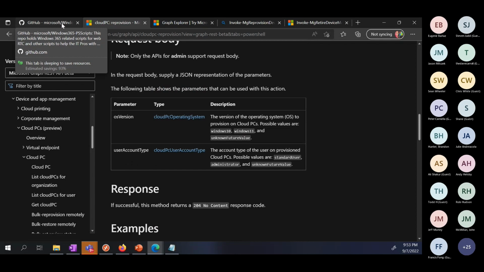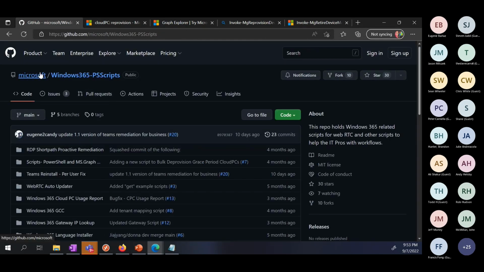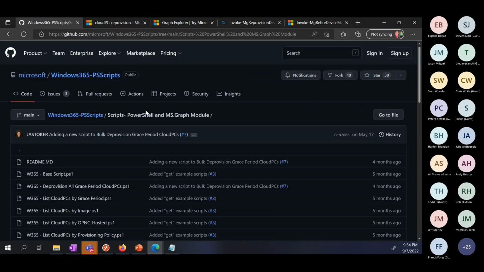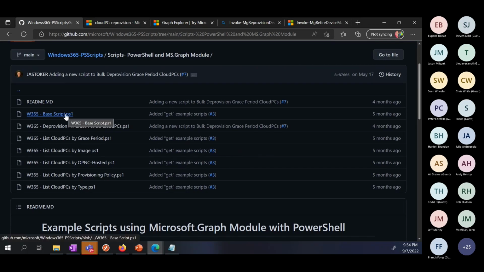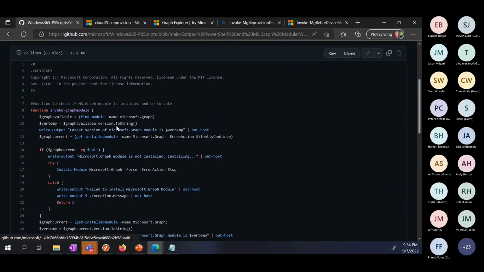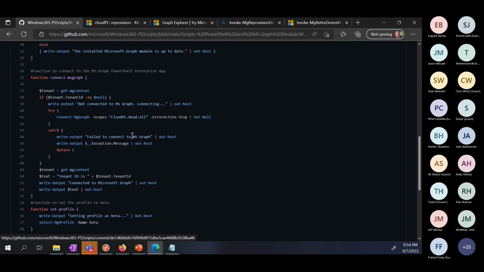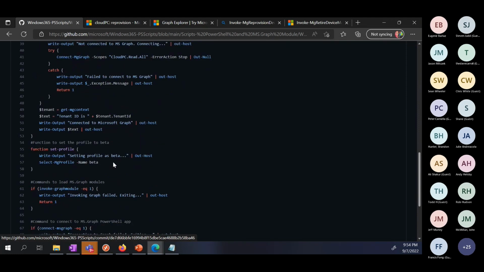And so for the GitHub repo that I wrote, I haven't written all of it, I've written 95% of it. Where my original charter came into play is to make example scripts so folks can get started. I have a base script, and the base script is essentially going to handle all the authentication. So I've got the functions for looking for Graph, doing the connection, setting the profile. This is an interesting one.